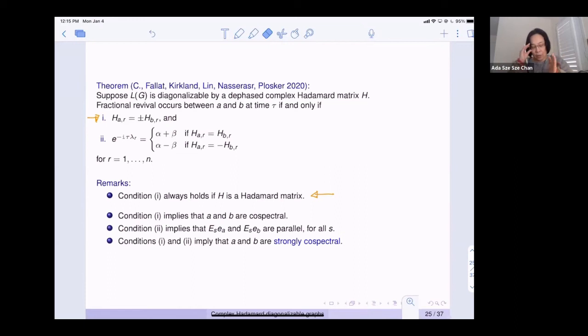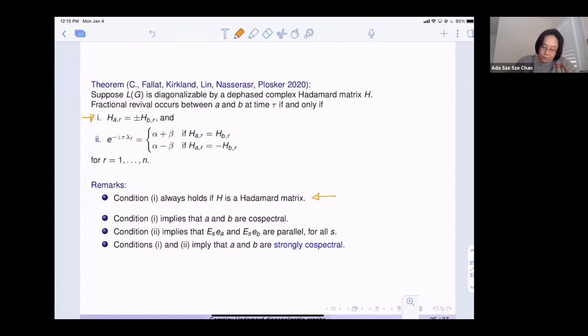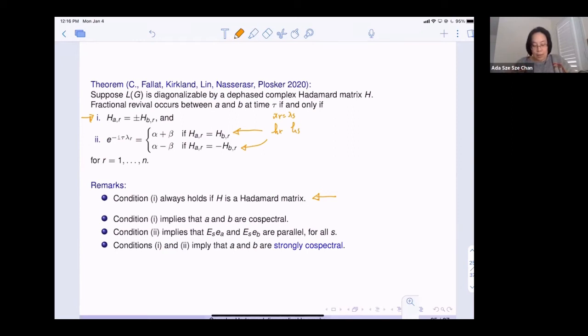Now, if you look at condition 2, condition 2 is saying that suppose I have 2 columns in my matrix H, let's say column R and column S, and they correspond to the same eigenvalue. So lambda R equals lambda S. Because lambda R equals lambda S, this is telling me that either both HR and HS would fall into the first case together, or both HR and HS would fall into the second case together at the same time. So the second condition is telling me that any 2 eigenvectors within the same eigenspace